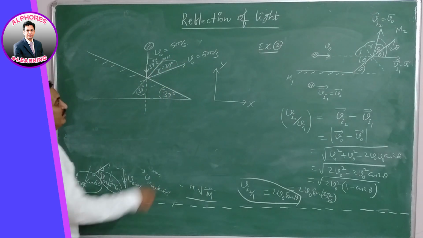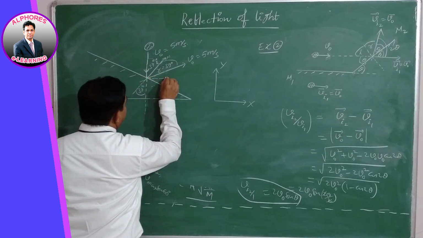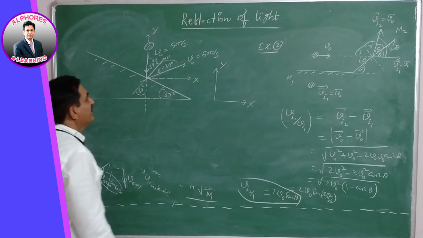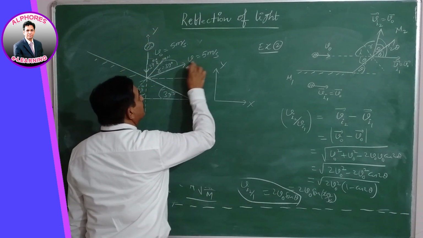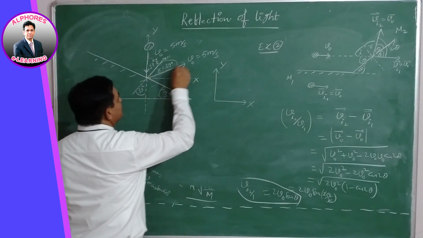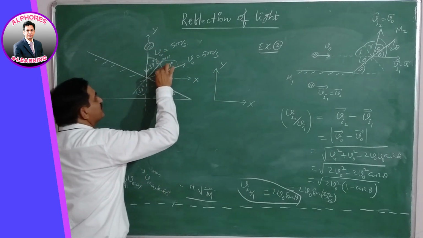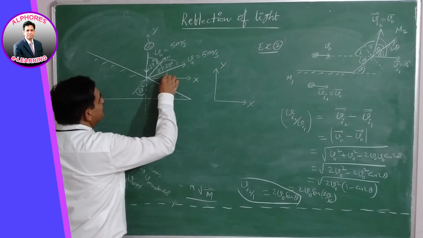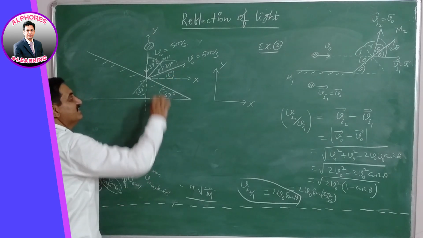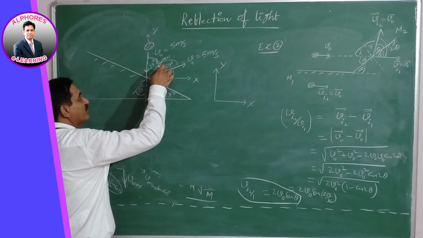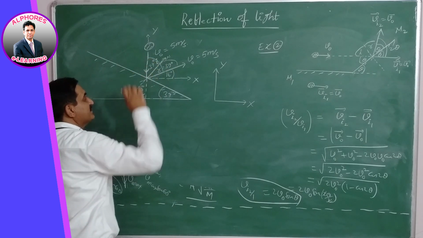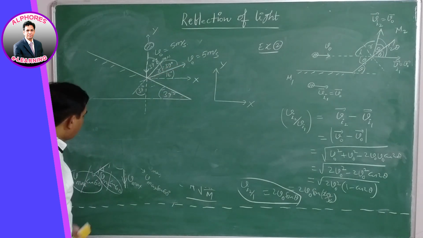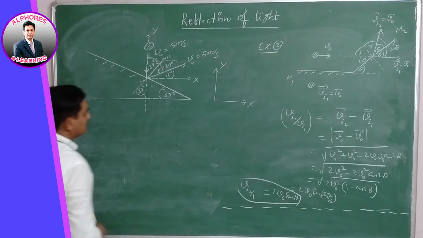Okay. Now a horizontal line is made over here. This is say the x-axis. This is say the y-axis. Now the speed of the image is v0, again 5 meter per second. So this is making an angle of total 37 plus 37, how much? 74. And the remaining is 16 degree because the total is 90 degree. Out of 90 degree, 74 degrees is removed and the remaining will be 16 degree.